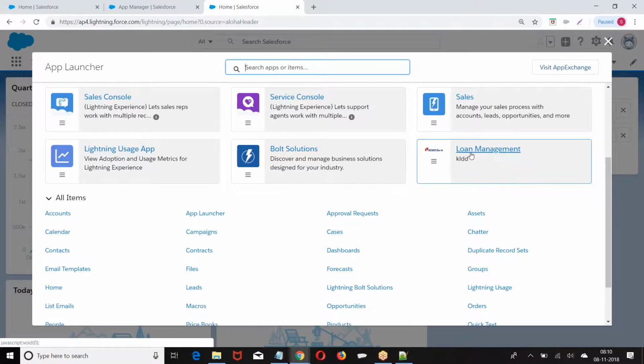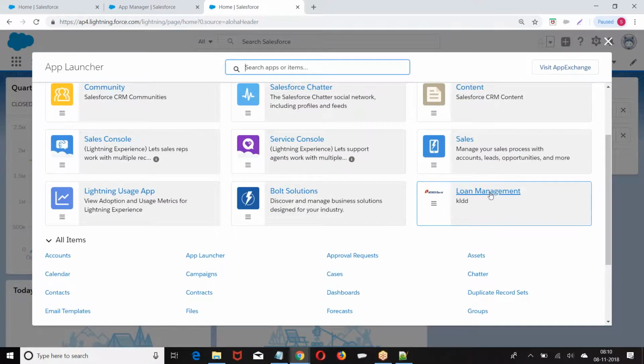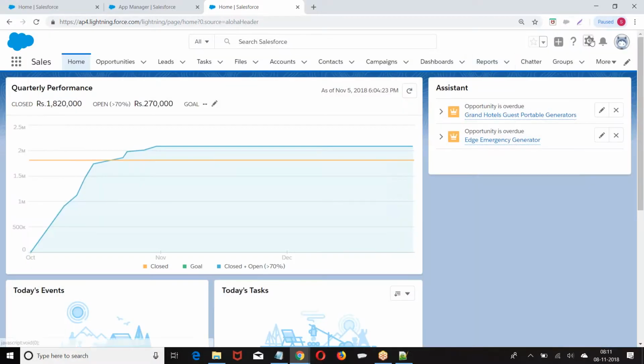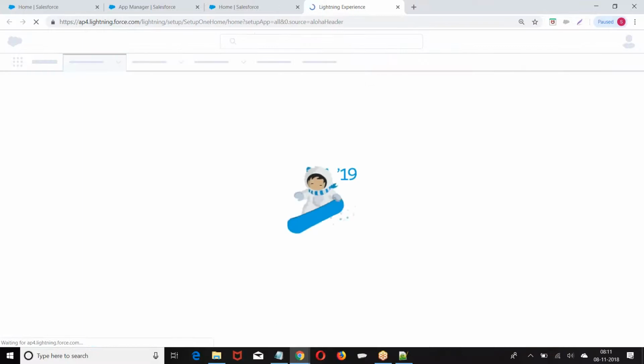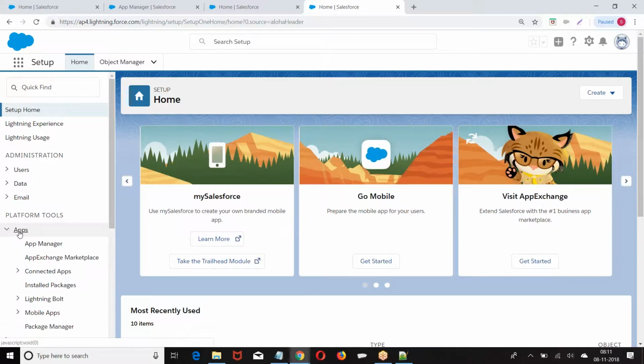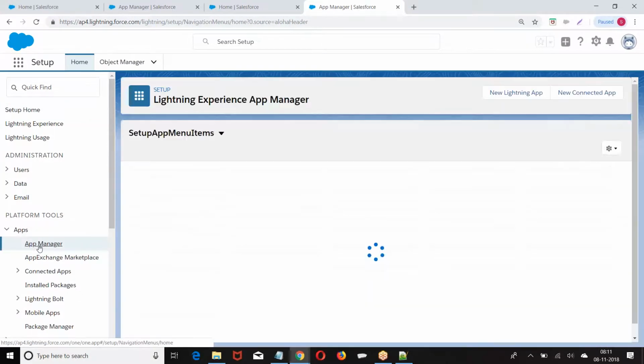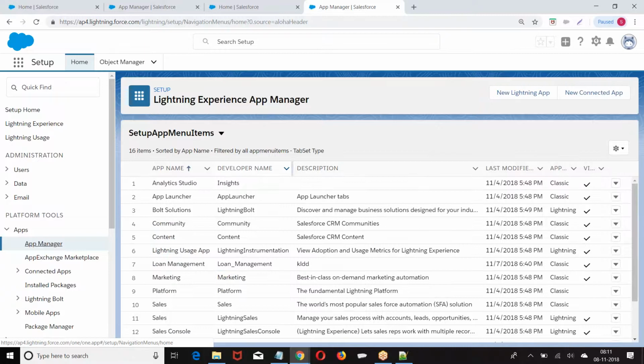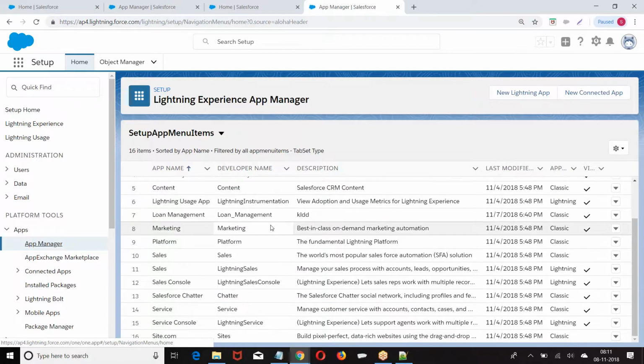What was it? Loan management. Previously, this was not there. Okay, fine. Even when you go to App Manager, look at this App Manager, loan management app, right? Let us see.